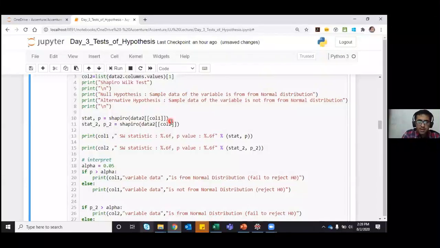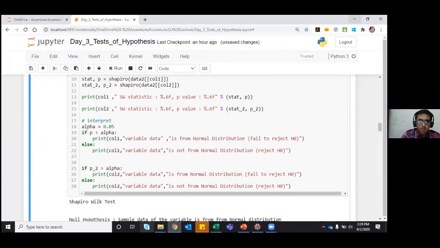Again, as we had done in Kolmogorov-Smirnov test or KS test, we have to perform normality test on each of the columns that we have. So assume because the data is continuous here, we perform Shapiro on each of the columns. Shapiro data2 column 1. Shapiro data2 column 2. I'll just print the SW statistic or Shapiro-Wilk statistics, and again to interpret the results.